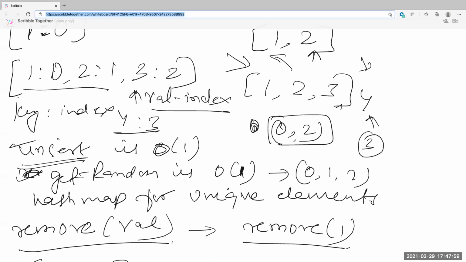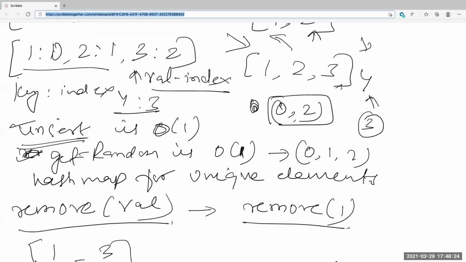So basically in the insert, if that particular value is not there, then I go and have that value inserted with the index, and then I also add that to the array list. So I have an array list of all the values. Then I also have a map that maps the values to their indices. Yes, that's what we did.